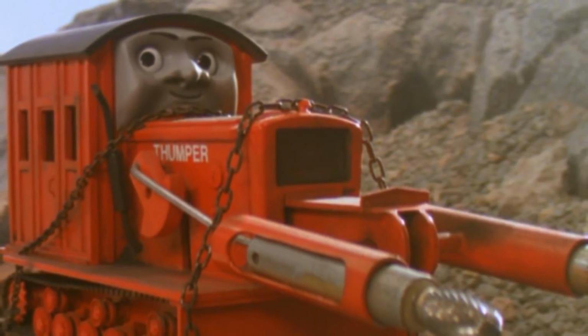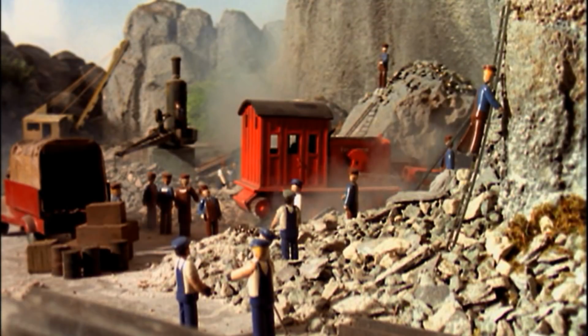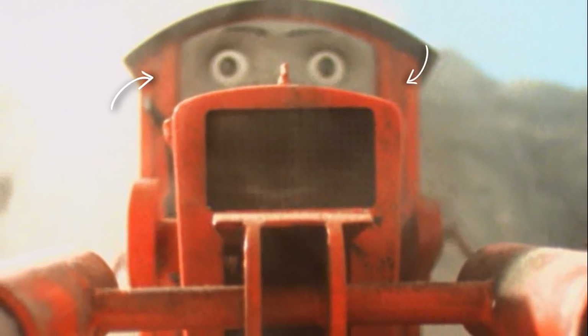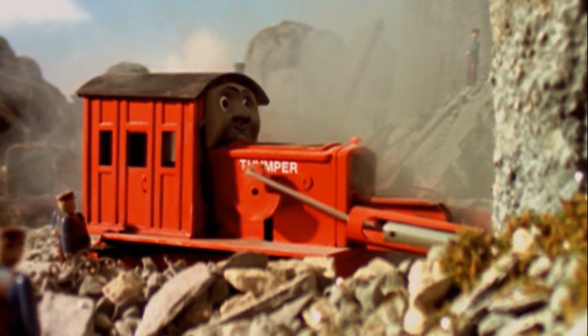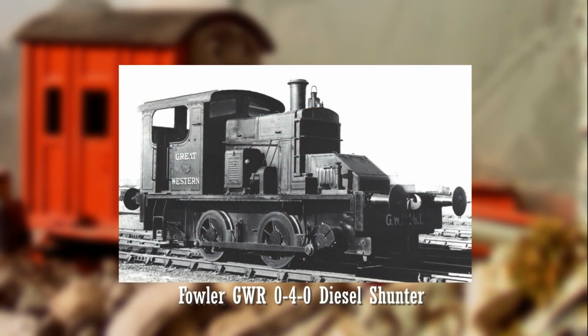Although Thumper is built by Sodor Mining Company, he isn't based on any known quarry machine. At any rate, a machine of this type would be extremely hazardous to those around it, due to the complete lack of windows on the front of the cab, making the operator completely unable to see. However, besides that, Thumper appears to be a hodgepodge of different various machinery, and this is the part that I find the most interesting. His front end is from a Great Western Railway 040 diesel shunter, built by Fowler, and